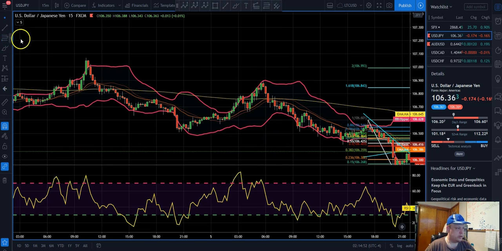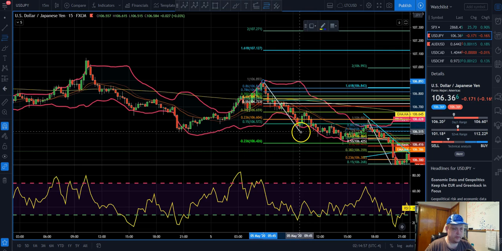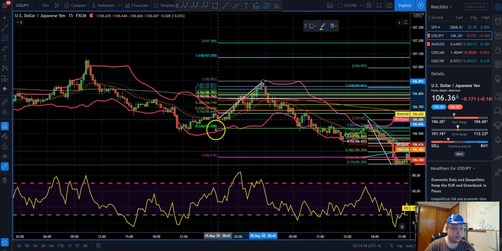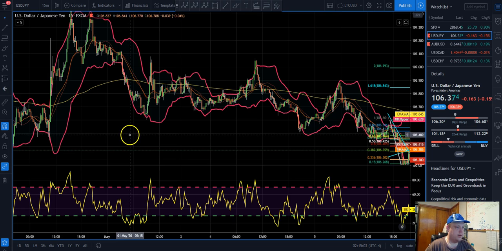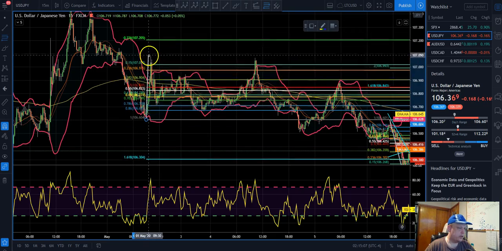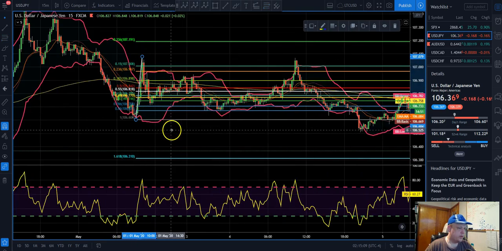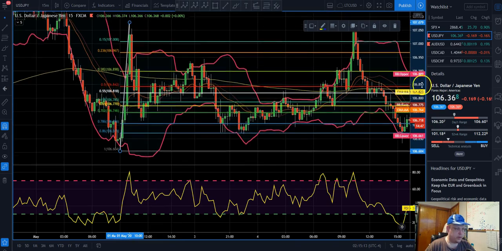Let's see what this looks like. This Bollinger Band, this pivot to this pivot. Alright, so that worked there. Let's see what this one looks like, from down here to here. Alright, this was a little deep, but you could see